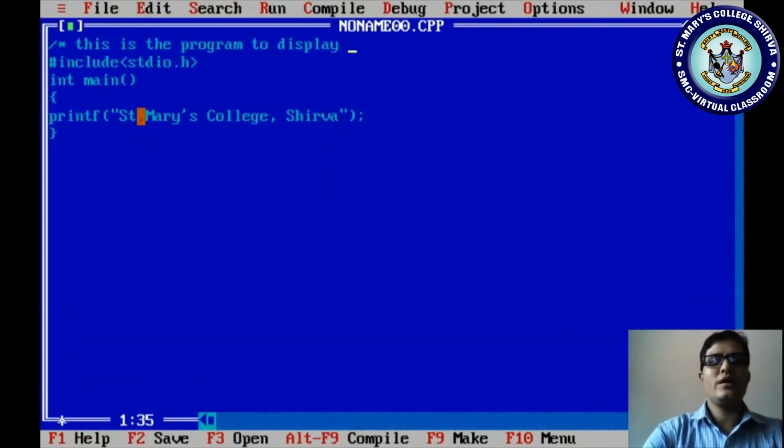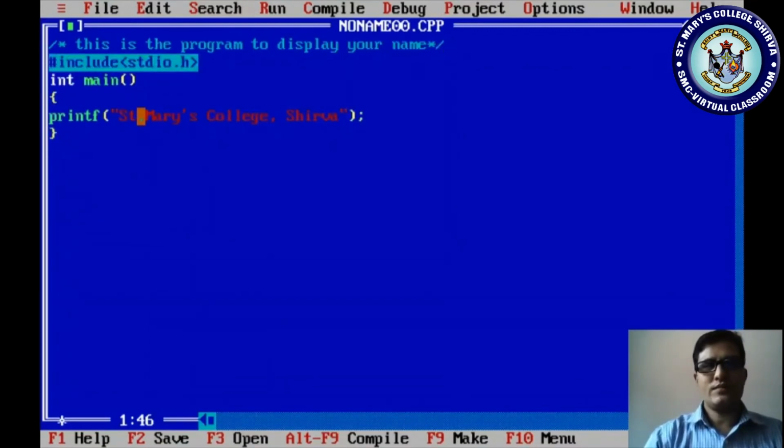This is a very important question. The documentation section defines the name of the program, and this is the way to represent a multi-line comment. This statement doesn't execute in your program; it gives you an idea what the program is.